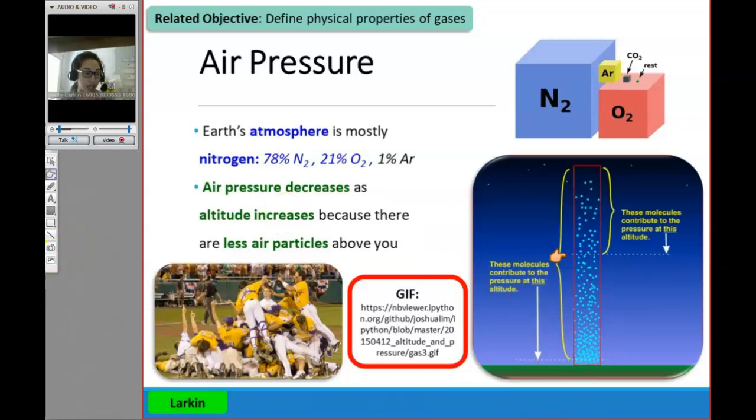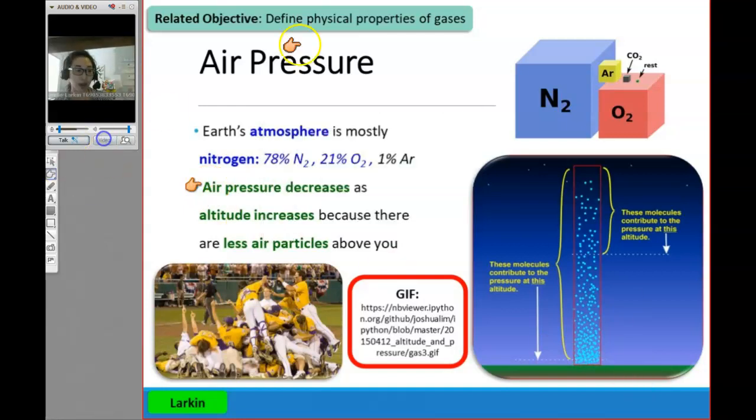Okay, just like you can see over here. All right, go ahead and give me a thumbs up if that's beginning to make sense. So the lower you are, the more pressure, because of all the particles above you squishing you closer together, making the air more breathable. All right. Now, taking a look here. Air pressure is going to decrease as altitude increases. Altitude meaning your height. So the higher up you go, the less air pressure there actually is. Let's take a look at an example here.